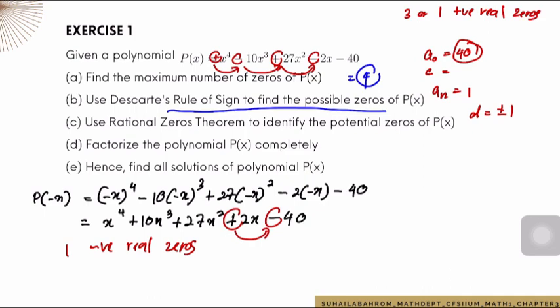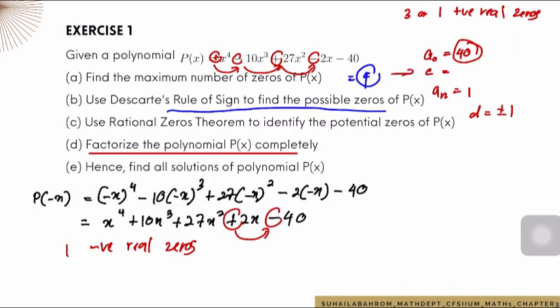Okay, and then you can try out C, D, and also E. For part D, factorize the polynomial P(x) completely. So what you need to do here is, among the possible rational zeros that we get from the rational